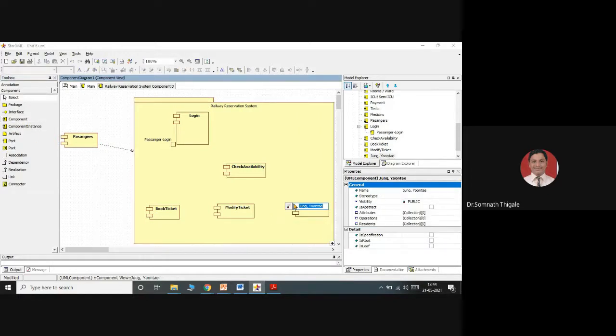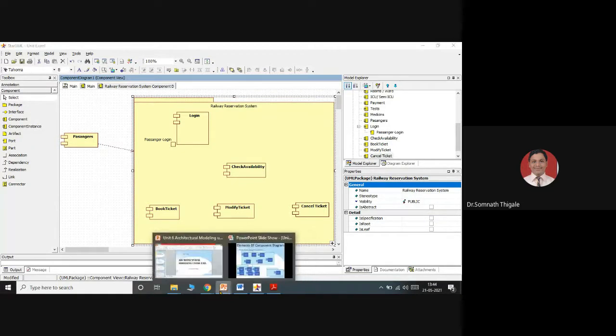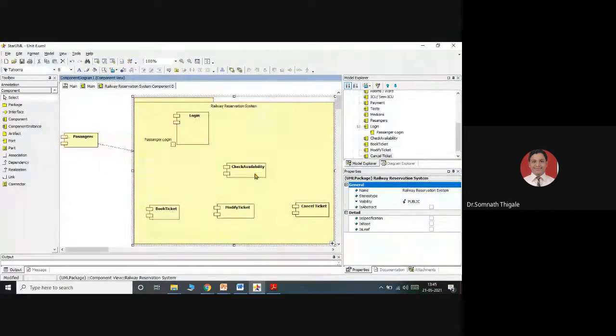We'll consider this as a cancel ticket. Now inside this cancel ticket, we may have different parts, like fill the form for the confirmation, which will be the final part, and submit this final part.